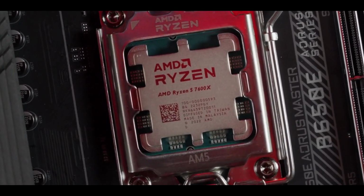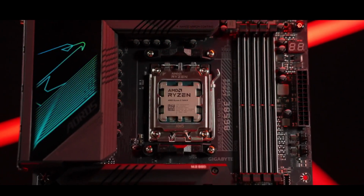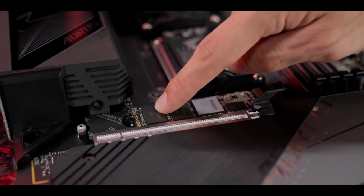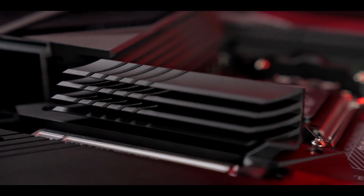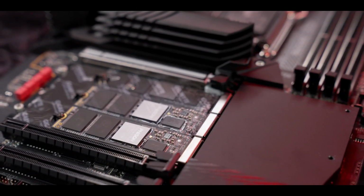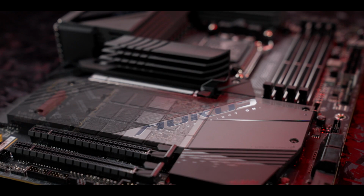The B650E Aorus Master is the flagship board from Gigabyte's B650 lineup. Priced around $150 less than the X670E Aorus Master we reviewed previously, it still comes well equipped with multiple PCIe 5.0 M.2 sockets, 13 USB ports including 20 Gbps Type-C, last-gen flagship class audio solution, overbuilt power delivery, and an appearance that looks more premium than the price. While it is missing 40 Gbps ports, a feature few B650 boards include, unless you require this feature, choosing a B650-based motherboard will save you a considerable amount of money compared to X670E